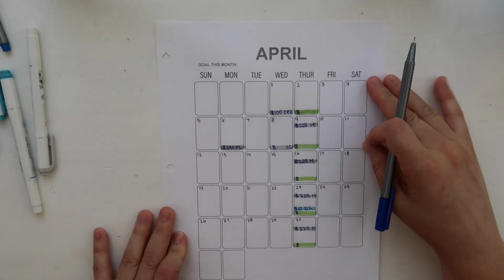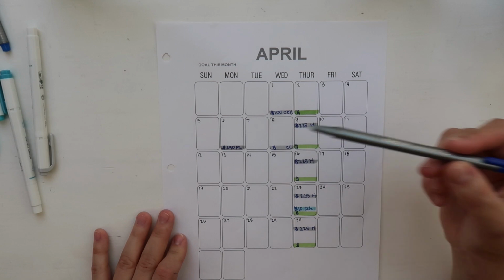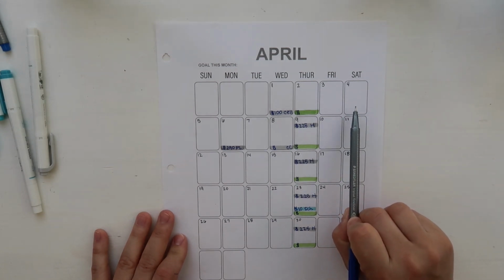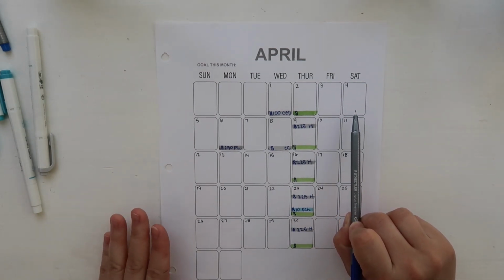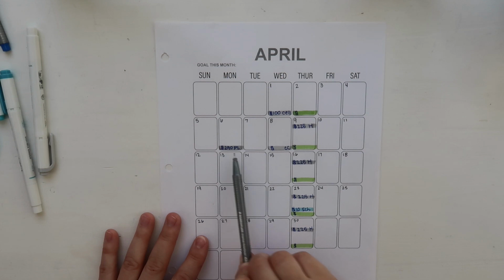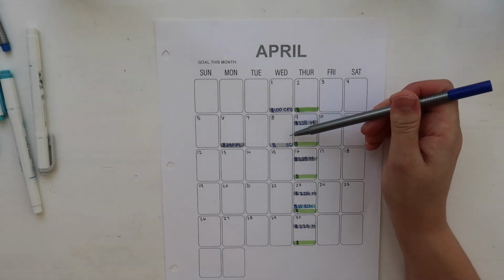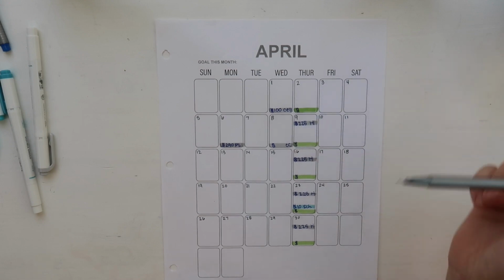So this is my monthly overview. I listed out my bills. I have my cell phone, personal loan. My student loan was changed with the CARES Act. And I kind of briefly talked about how I'm going to put the money from my student loan towards my personal loan since my student loan currently has no interest. Then I have my credit card payment due on the 8th. I need to pay it off. And